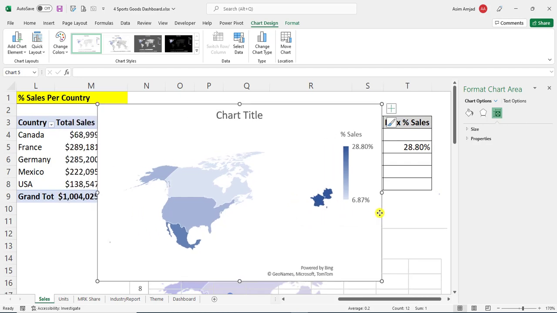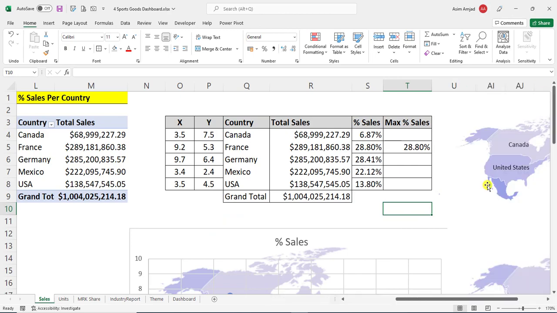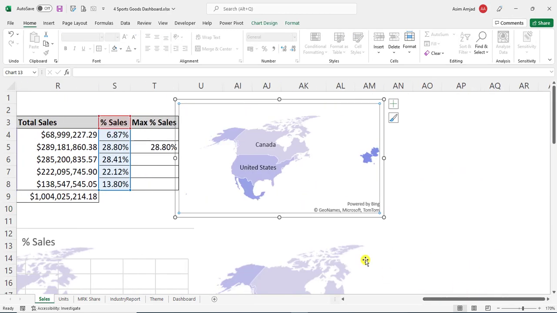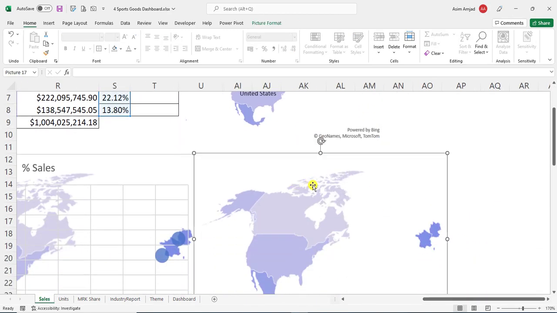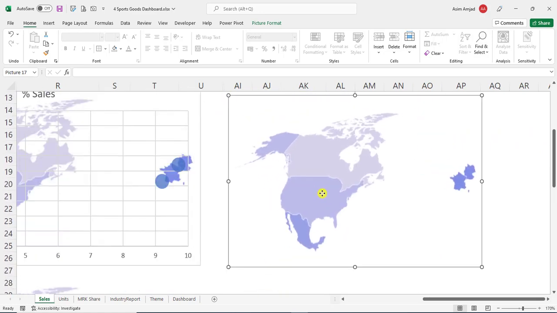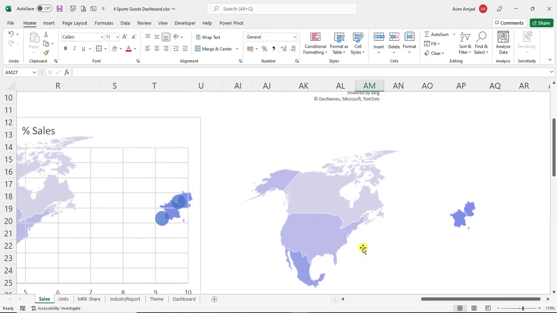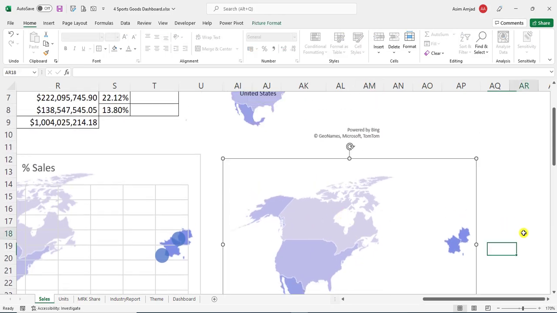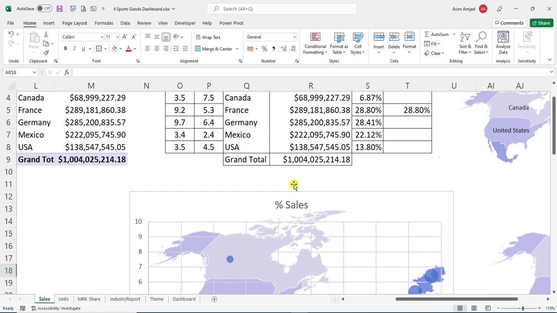The next thing, use the screenshot tool to capture this map as an image, because we are going to use that image. You can also change the color of the map as you like. So this picture is actually taken using the screenshot tool or snipping tool, right? Next, we are going to make a